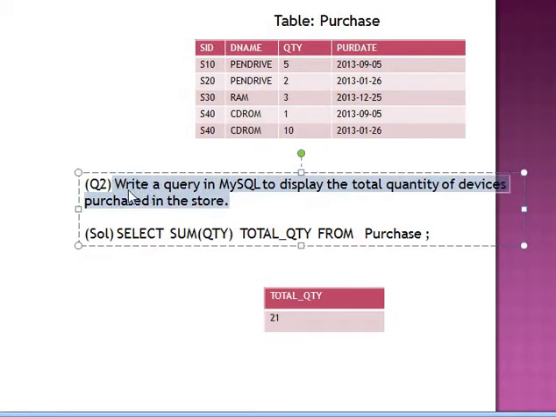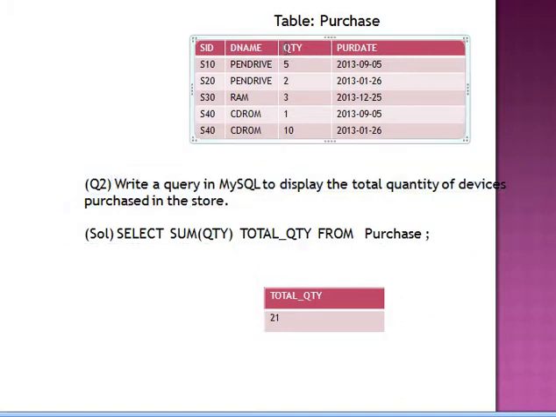Now look at this particular question. It says write a query in MySQL to display the total quantity of devices purchased in the store. Now if I happen to find out the total quantity of devices purchased in the store, I have to refer to this particular column known as QTY. And if I see, these are its entries. Now what I'm going to do is that I'm going to find the sum of all these entries, or I'm going to add up all these entries,